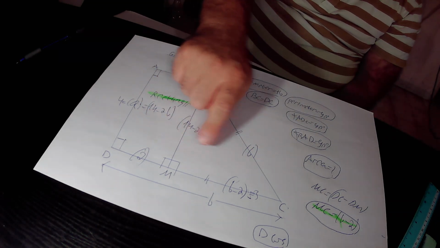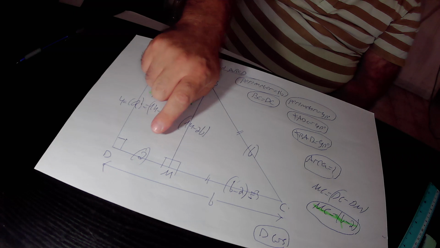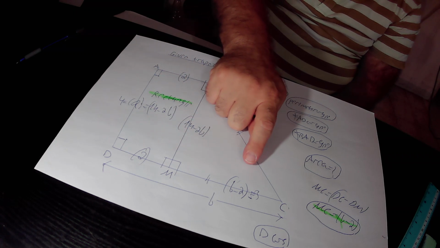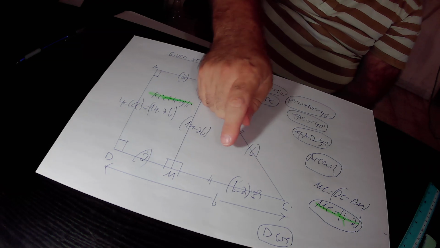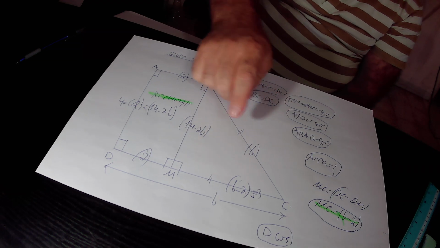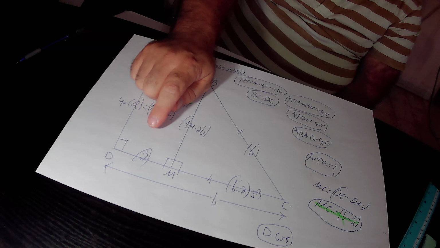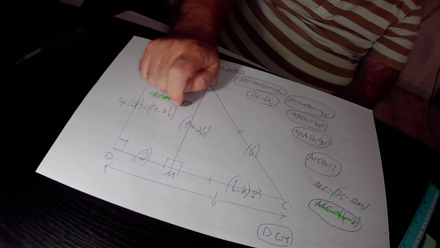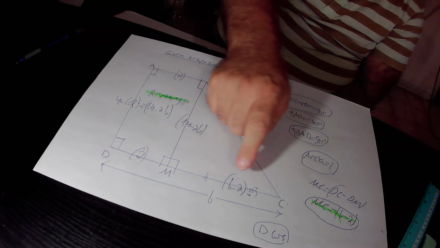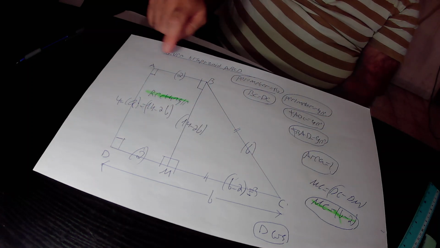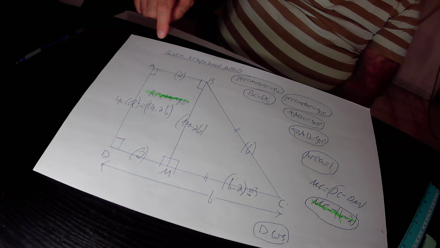Here we have the side DC that is equal to DM plus MC. DM equals 2 and MC equals b minus 2. B minus 2 is 5 minus 2, that is 3. So MC equals 3, DM equals 2. So in total, DC equals 2 plus 3, that is 5. The length of this side DC is equal to 5 units, AB equals 2 units, and the height AD